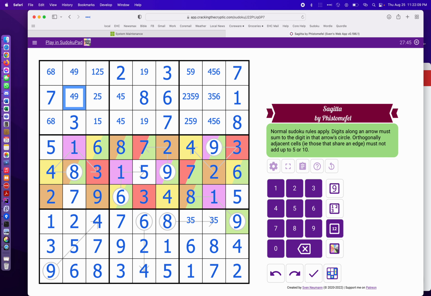6, 8, 4, 9. 4 and 5. 9. Oh, one of those has to be a 5, because if neither of those is a 5, then it's a 1, 4, and they're together. So that means this one can't be a 5, and this one can't be a 5. Not sure if that actually helps me, but